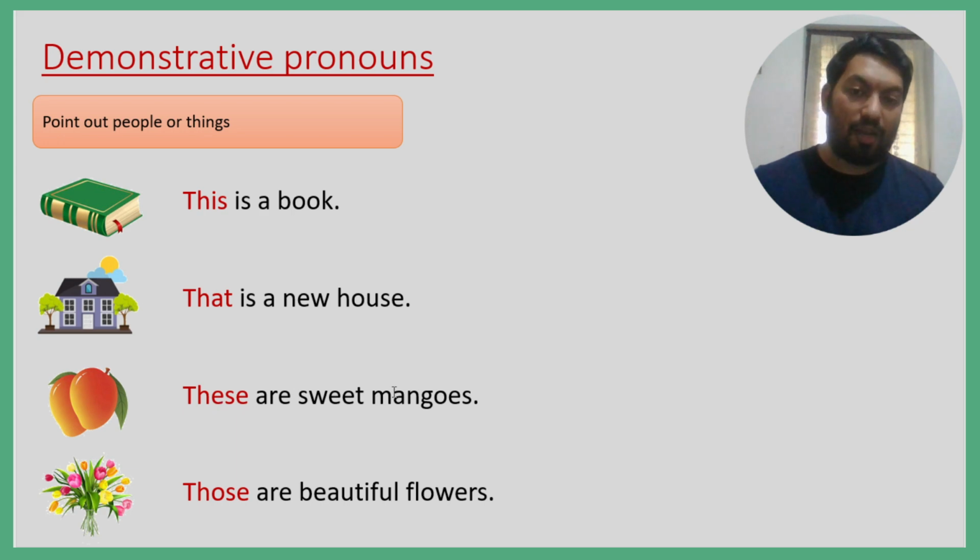These are sweet mangoes. And if a plural noun is far from us, then we use those. Those are beautiful flowers. So I hope you understood what pronouns are, how pronouns change according to different situations,